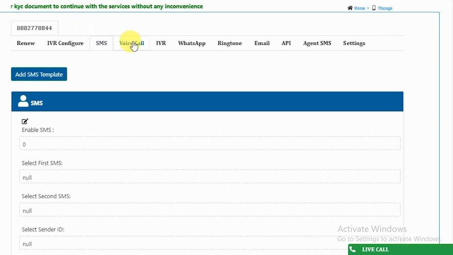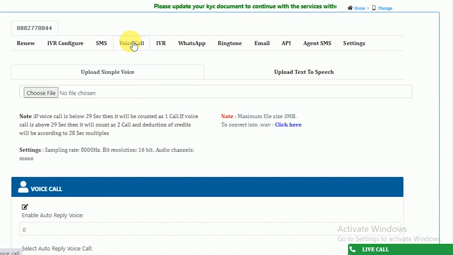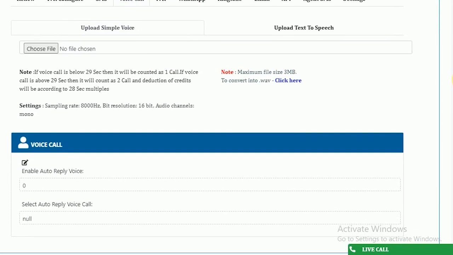Then we have auto reply voice call. In this, a voice message will be sent to the customer once he disconnects the IVR call. In order to enable auto reply voice call, you need to click over here and change the status to active and select your desired voice clip.